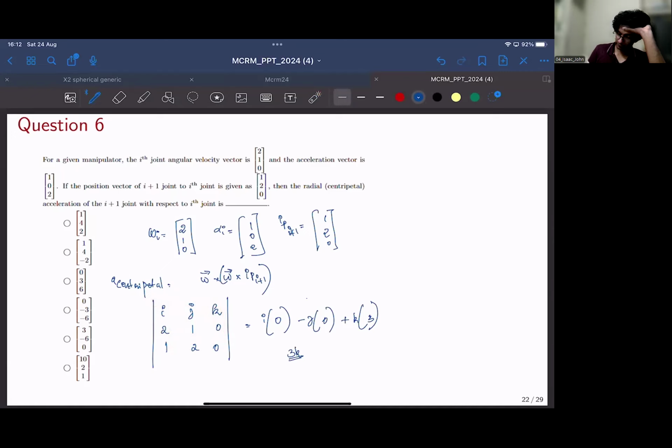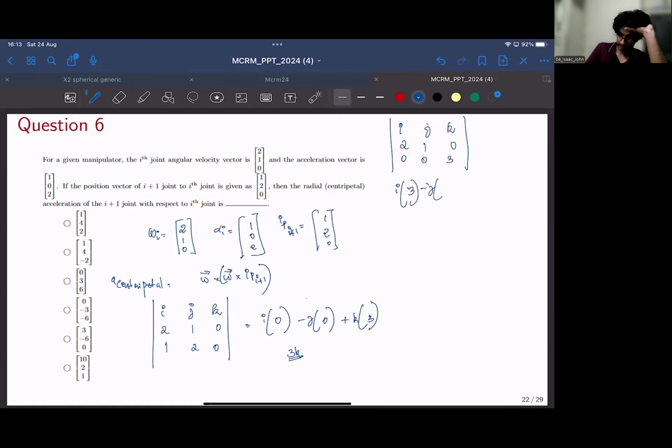So again, if you cross product it with this vector, you will get I, J, K. Omega is 2, 1, 0. Then omega cross K is 3K. So that is nothing but 0, 0, 3. So if you take this, I multiplied by, if you eliminate these rows and columns, it will be 3,